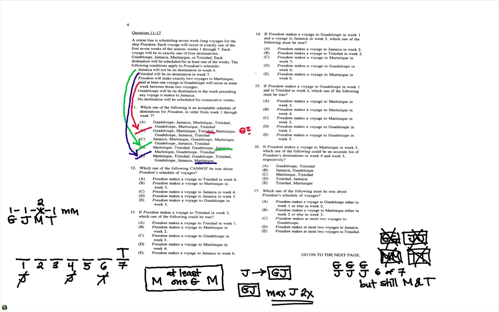Which brings me to the 4th rule. Guadeloupe will be its destination in the week preceding any voyage it makes to Jamaica. Well, you notice A is fine. We have Jamaica in week 2. The week preceding is Guadeloupe. C, however, has Jamaica first. We know that that is impossible as it violates that condition because we have to have Guadeloupe first. So C would be eliminated,